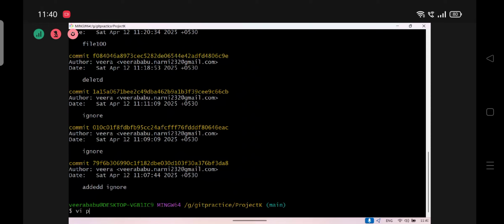Mixed. Why? You need to modify, which means it should be in the working directory. That's why they give the default action as mixed. Staged means you can't do anything, you can unstage it. Mixed is equal to